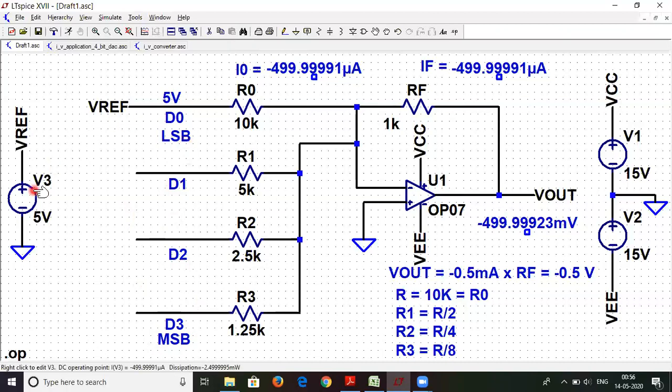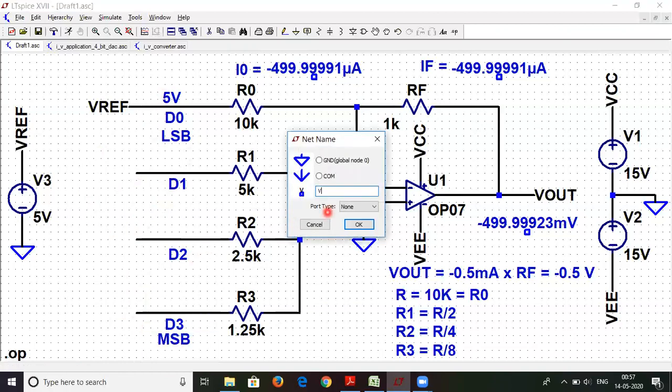So basically what we are trying to do is give the input as a switch. That means this will be connected to 5 volts, maybe D1 is connected to 0, D2 is connected to 0, D3 is connected to 5 volts. We don't have a switch over here right now, so we'll manually assign the bits, either logic 0 or logic 1. Logic 1 is 5 volts and logic 0 is 0 volts. So we'll give D1 and D0 as 0, 0 and D3 as 5 volts. For this 5 volt, we will label it as V reference.